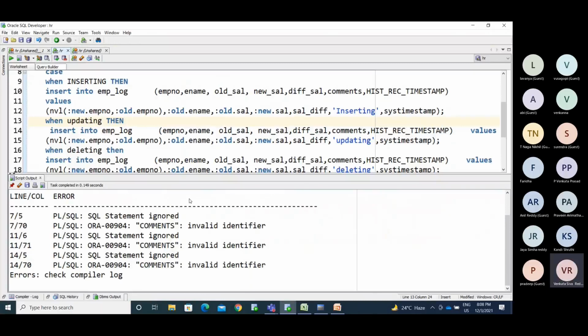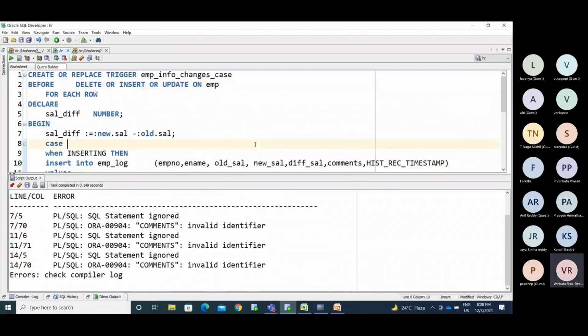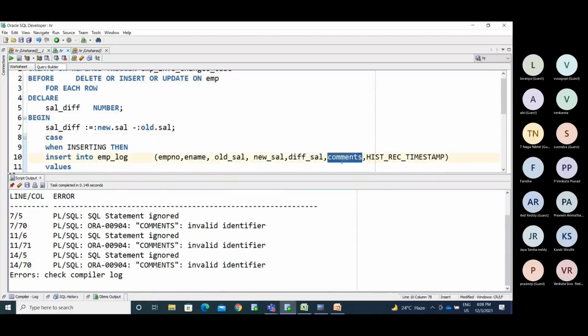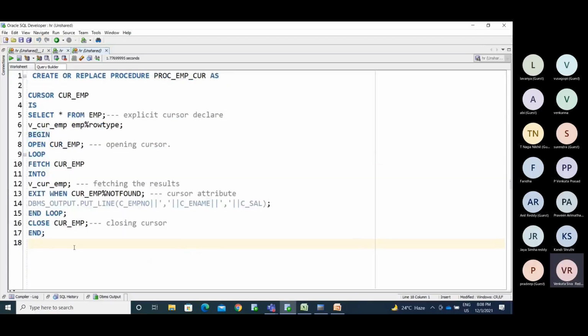So what is it saying? Comments is an invalid identifier. So to fix that, we need to add the comments column into the emp_log table. Alter table emp_log.